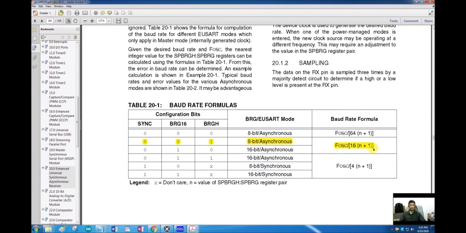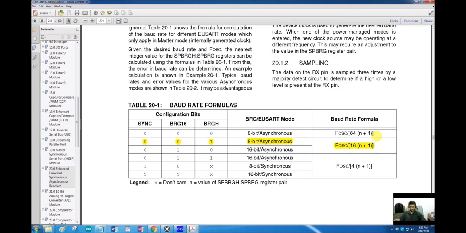F oscillator is our crystal oscillator frequency, that is 4 megahertz, we all know that, and that is divided by 16 times n plus 1. So what is n? N is the SPBRG register, the serial port baud rate generation register, that 8-bit register in which we are going to put some value to define a particular baud rate for our communication.